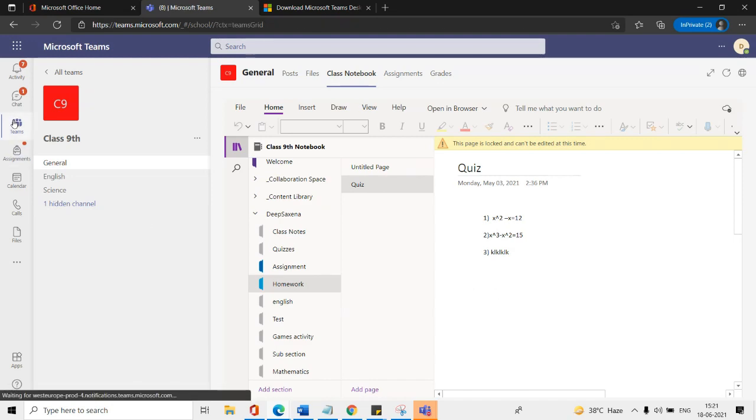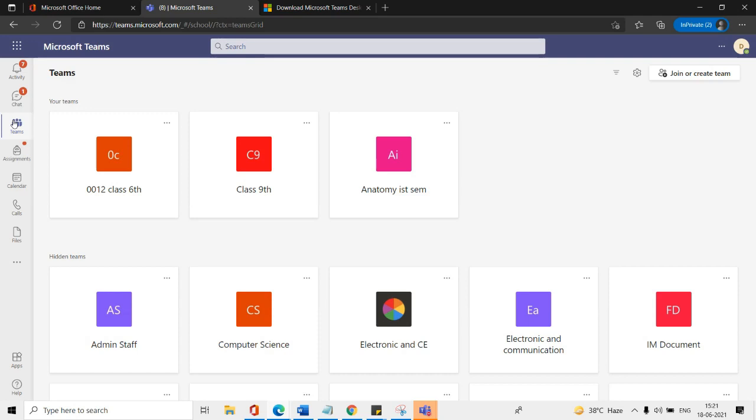So these are the activities you have to do in the class Teams only, and nothing else is required from your end. You just have to attend the meetings and classes, then upload your work either in the assignment or in the class notebook. The other thing is, once you attend the classes live, you have to turn off your camera and your mic so that you follow proper ethics, right? If your faculty tells you to please unmute and speak, then you can unmute and speak, right?